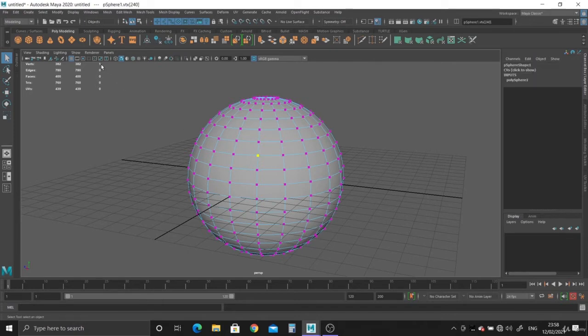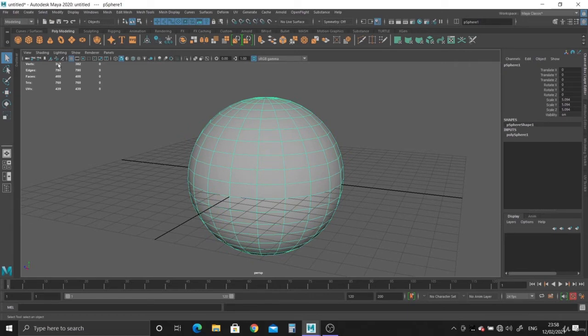1, 1 vertex selected. Right, let's go to edges. Let's select an edge. 1 edge selected. Let's go to face. There's 1 face selected. Click off it. No faces selected. 1 face selected. Now triangles and UVs, just leave them alone. I don't deal with triangles. And UVs is to do with texturing, and so we're not going to be texturing at the minute. So this just gives you information,